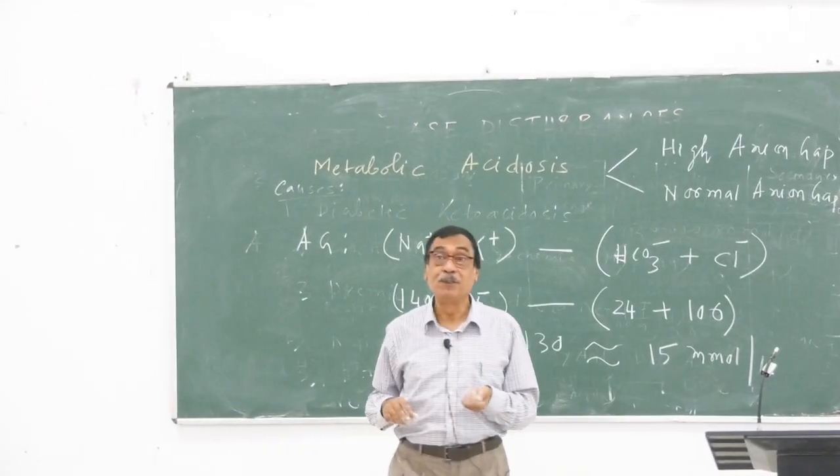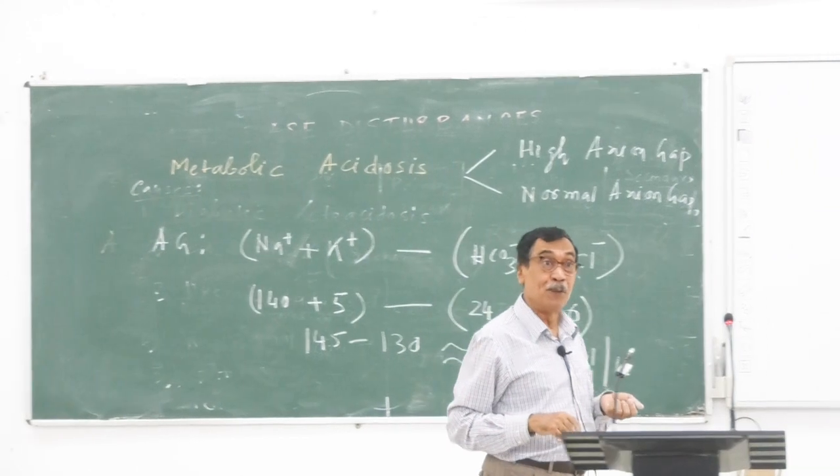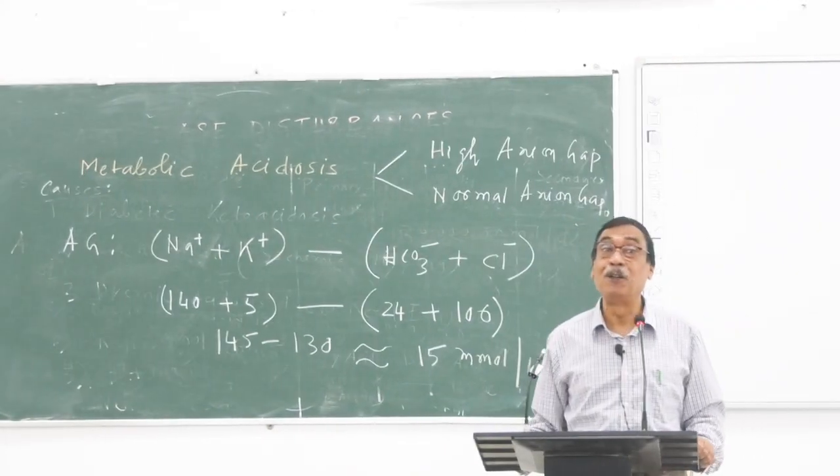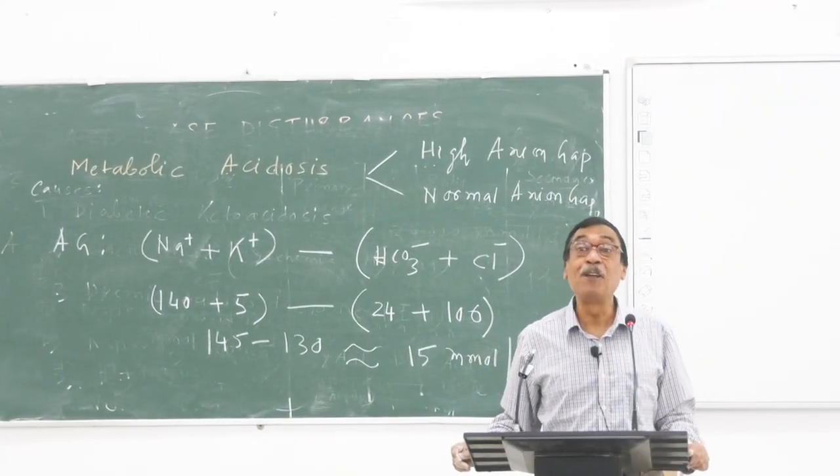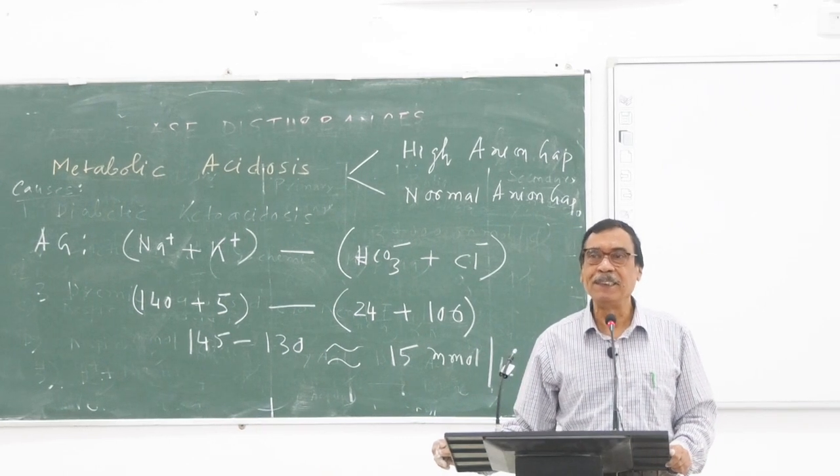What are the poisons which develop metabolic acidosis? The most important poison is methyl alcohol, which people ingest by mistake. Methanol toxicity gives rise to metabolic acidosis. Salicylate ingestion,